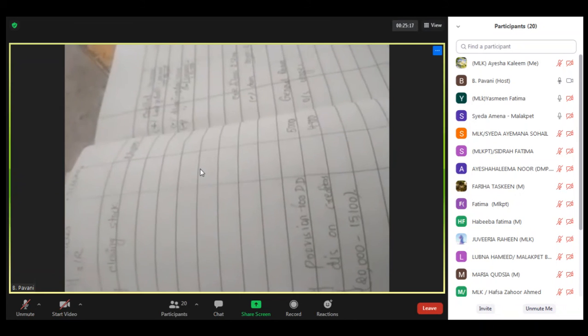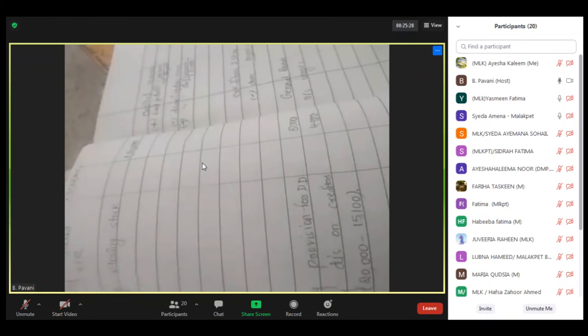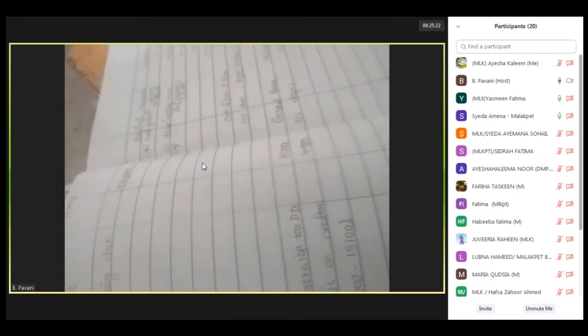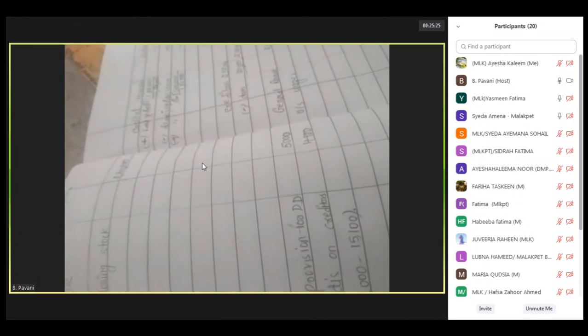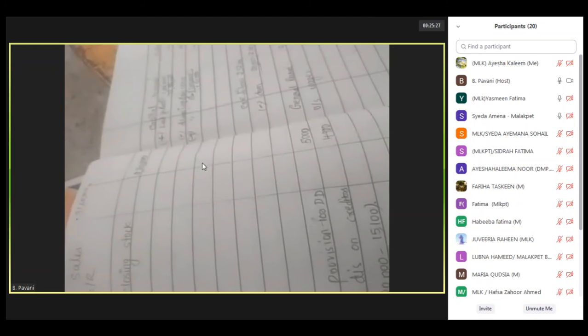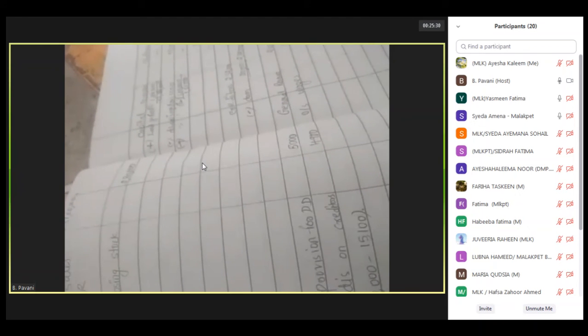The next is unpaid wages. Unpaid wages is nothing but outstanding wages. Outstanding means to the wages we have to add, and one more time we have to write under the liability side. The next one, rates paid in advance. Rates paid in advance is nothing but prepaid. Whenever prepaid will be there, from the concerned expense we have to subtract, and one more time we have to write under the asset side of the balance sheet. The next one is provision for bad debts. Provision for bad debts, it is a new provision. So new provision means we have to write under the P&L account debit side, and one more time we have to subtract from the debtors.